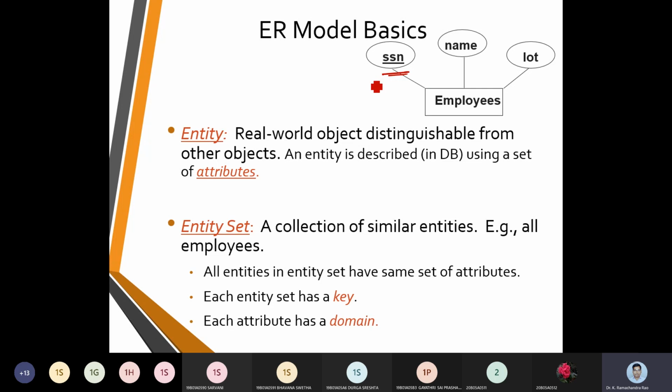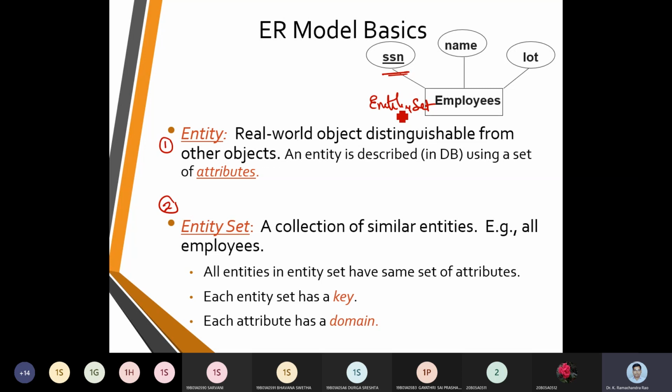Here we mix the entities with one called an entity, two called an entity set. Employees is going to be called an entity set here, and SSN, name, lot, we call them attributes.